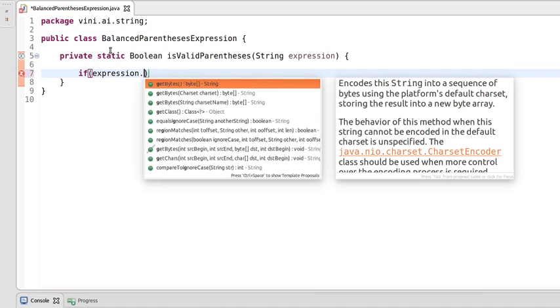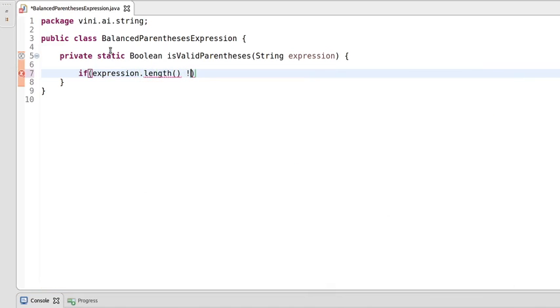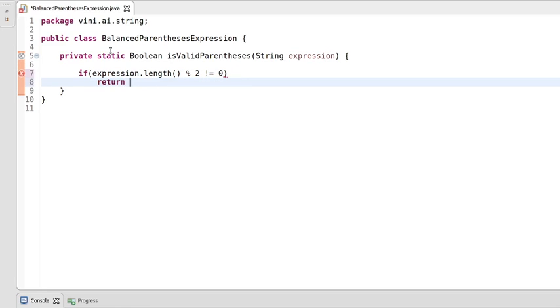To check the validation of this expression, we will find the length of the expression and check whether this length is odd or even. If it is not even, we'll return false here.